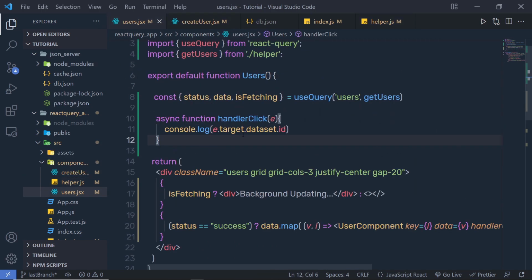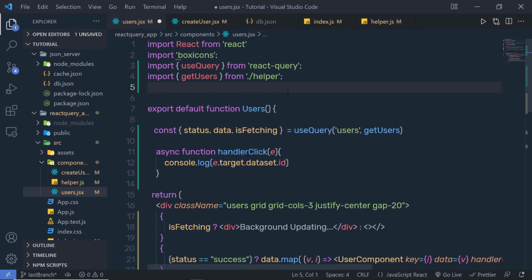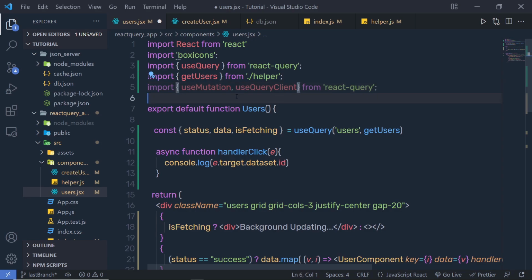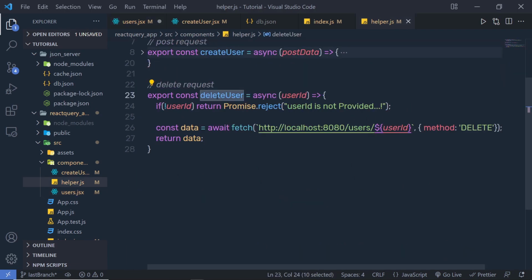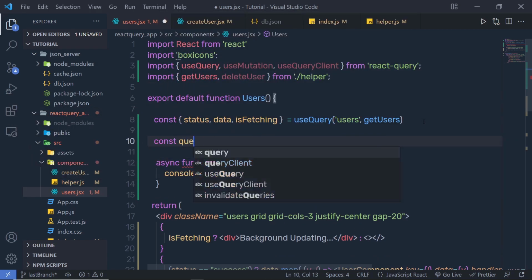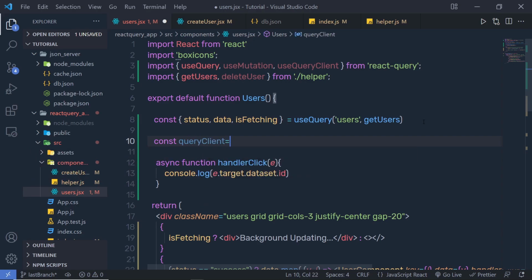Back to the users file right here, as you know, we need to import React query. Here I'm going to say import from React query, and right from this React query, I want to import useMutation and useQueryClient. I'm using this useQueryClient to refetch the data from the database. Now if we go back to the user, you can notice I already have React query here. Let me just cut this and paste that here. I also need to import this deleteUser right over here, and then just out of this constant variable right down here, I'm going to say const queryClient is equal to useQueryClient, and